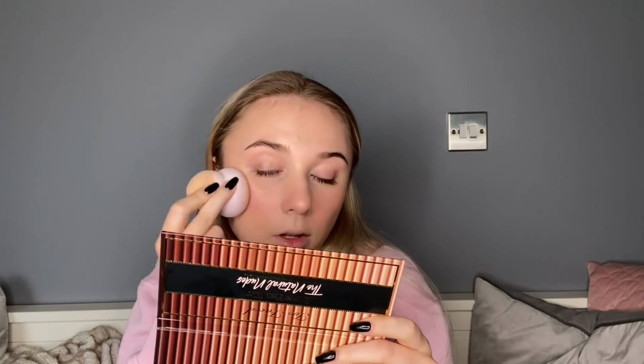I pick up some more, going with the other side. But it's not oily looking, it's just really natural looking. It gives you that skin-like look. I mean, it looks pigmented now because I piled on a bunch. If you want a more natural look, you can just apply a tiny bit and it will look super natural,